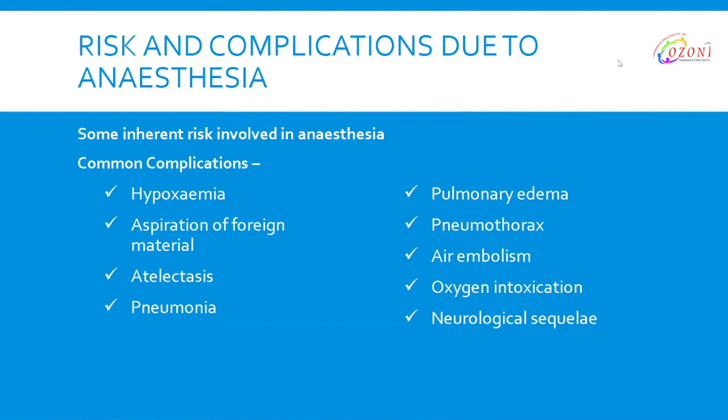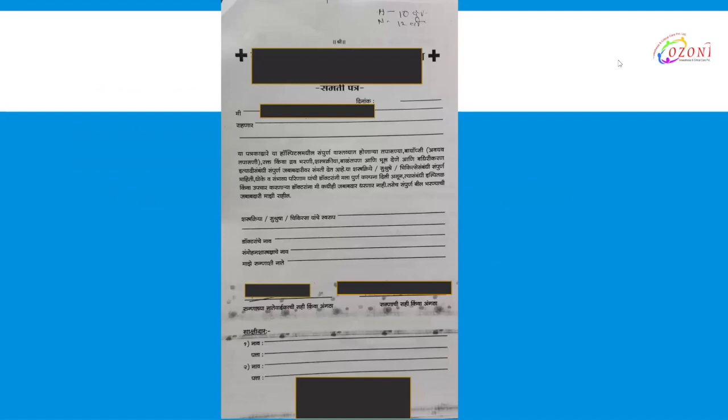Now, before we start: risks and complications during the procedure of anesthesia, the type of anesthesia that is to be administered, how it is administered, and what different doses are administered. Then during the operative procedure, you need to monitor a patient continuously, and each and everything that you are checking, like pulse, oxygen saturation, blood pressure, consciousness of the person, should be monitored and documented properly.